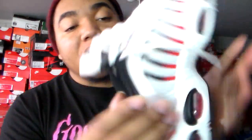In time, it will yellow. If you want a fresh white midsole again, you probably would have to paint this if you're into that. Or you could just let the character and the aging process take effect. You also have